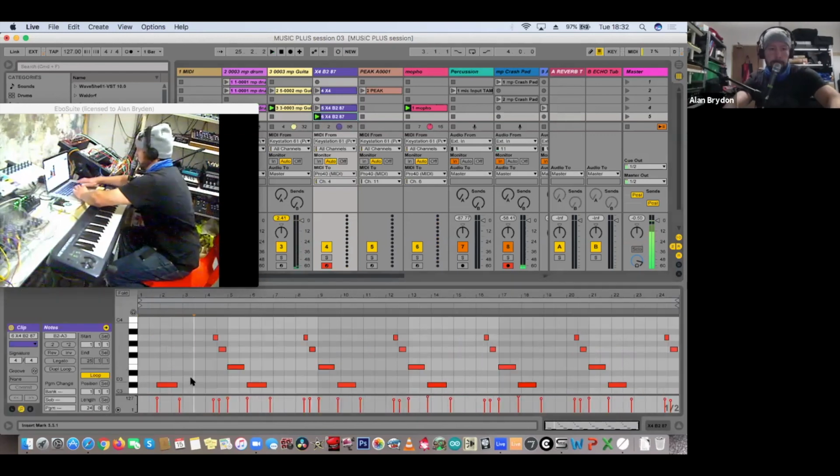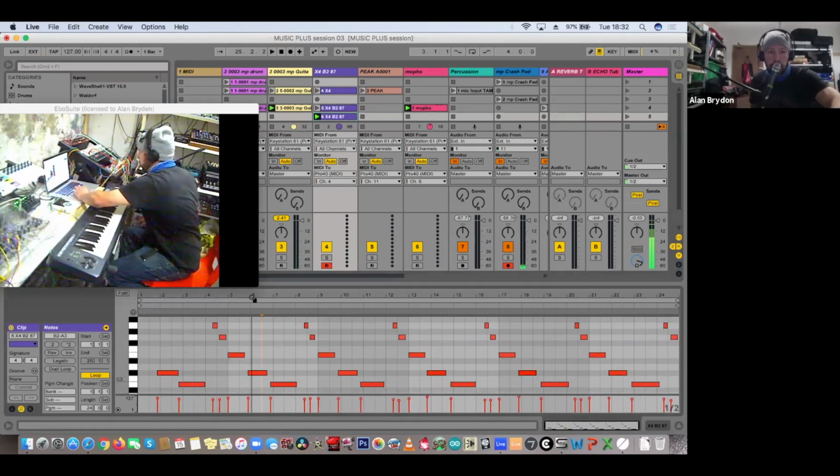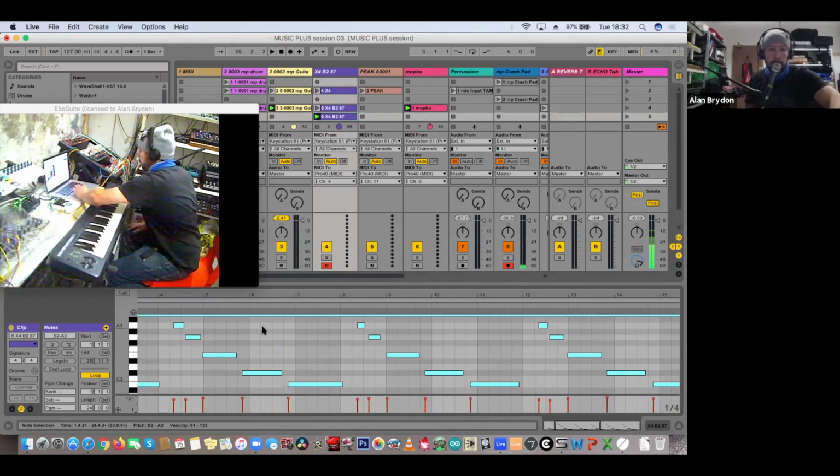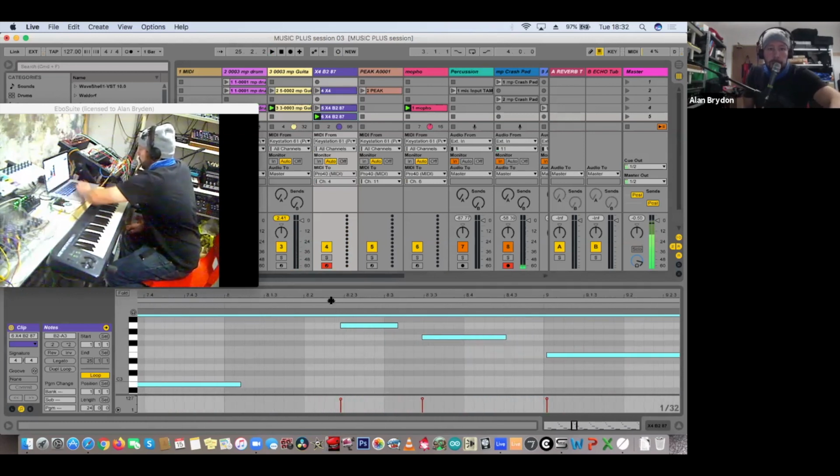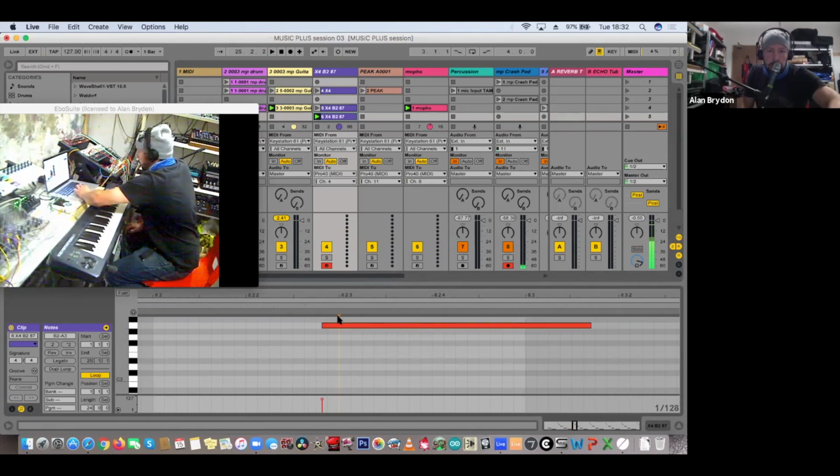Okay, that's enough. So again, what I'm doing each time, hang on, I'm going to show you this properly. You can probably see this grid here at the bottom of the screen. And if you look here, here's each beat. And then there's quarter notes. Now, if you look at this note here, you can see I've missed by quite a distance,